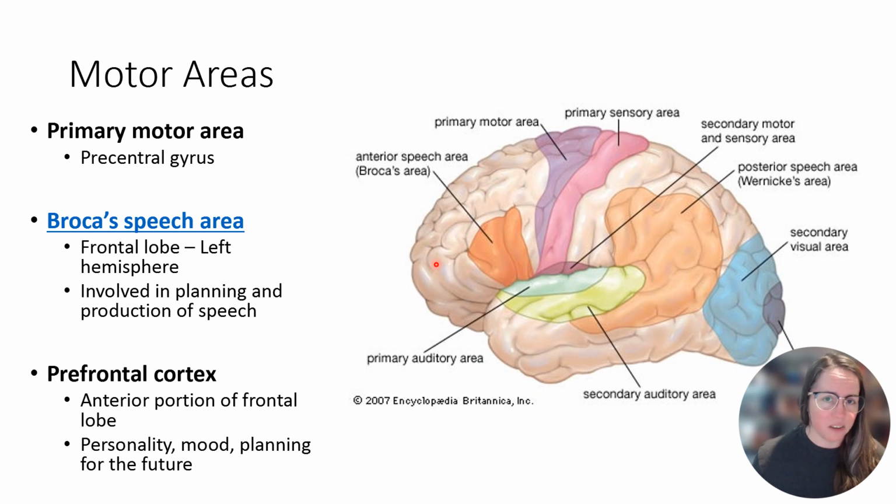This is where your personality, your mood, and your executive function are. I like to talk about this because as a nurse, you need to understand what could be going on with your patient in terms of what may happen later down the line, or maybe if they wake up from whatever they're dealing with. But it's also really important to talk to the patients about it: this is why you're noticing these changes in your loved one, because this is where that aspect of them is found and it was damaged